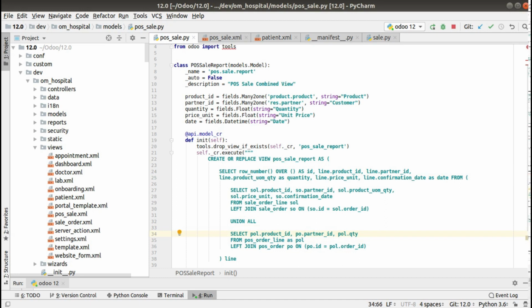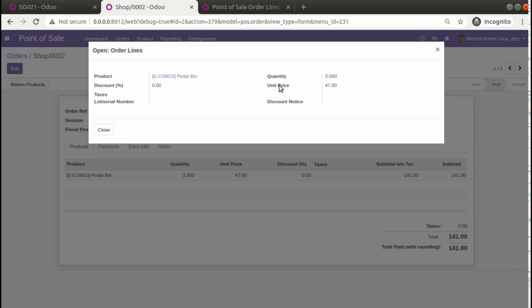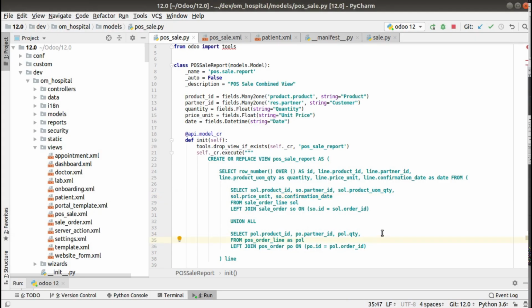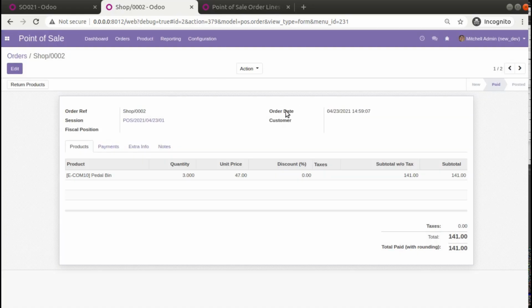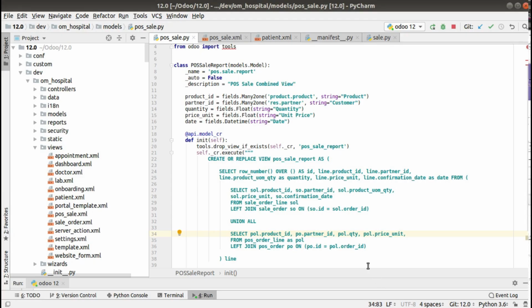Then you need the unit price, which is called price unit. So I'll be importing POL dot price unit. Then what next, you need the confirmation date. We have taken it from the order. Here you have the date, that is date order. So I'll be taking PO dot date order.